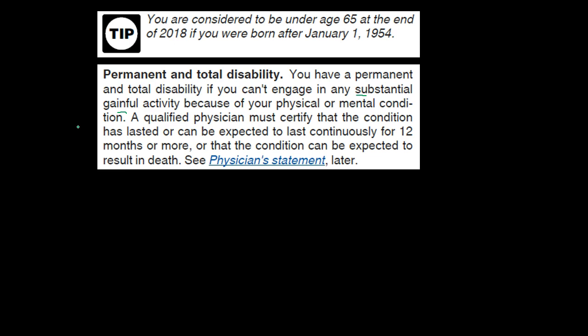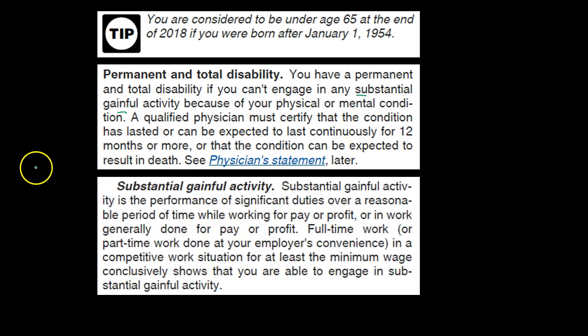A qualified physician must certify that the condition has lasted or can be expected to last continuously 12 months or more, or that the condition can be expected to result in death. So those would be the definitions. Substantial gainful activity. Now we'll define what it means to be substantial gainful activity, in more detail than I just gave there. Substantial gainful activity is the performance of significant duties over a reasonable period of time